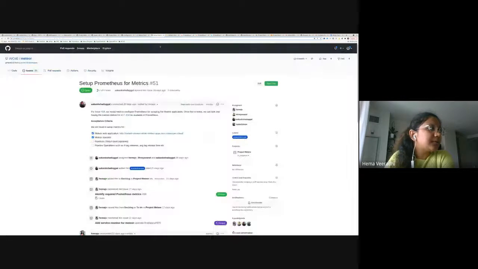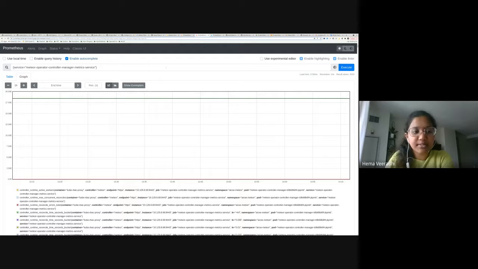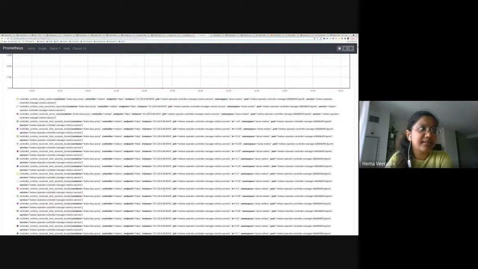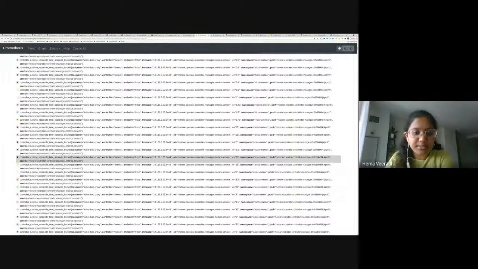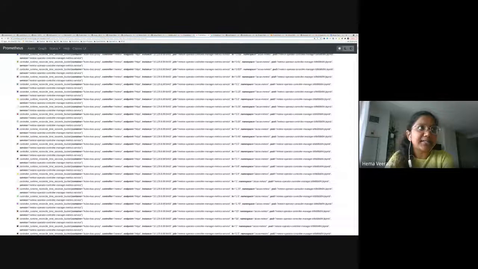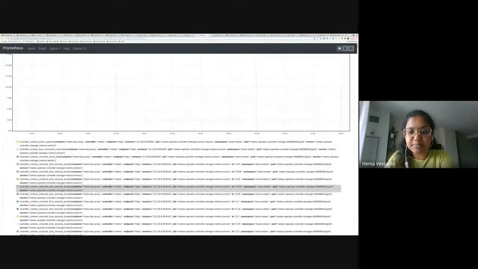And then the second piece of it was getting it for the operator itself. Again, this was helped by Anand, where we just had to configure the metrics endpoint for this. So we can query it through our Prometheus, searching for operator-related metrics specifically. So we have a bunch based on what the operator activities are going on. We can look at the defined metrics that we see here. As you can see, there are a bunch. But again, we will only pick the ones which are the most relevant to us. So that's going to be another task that we will start to identify and break down these metrics which are